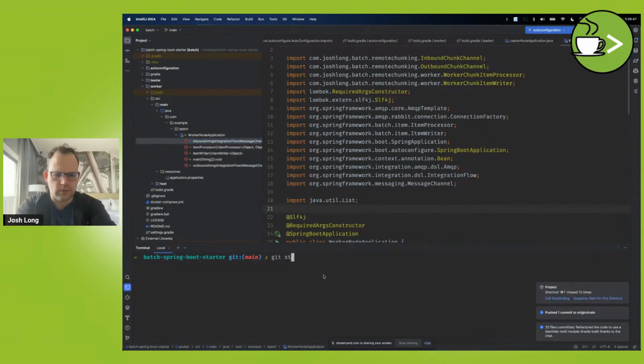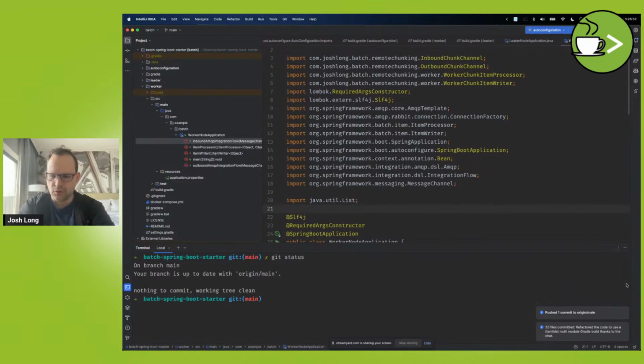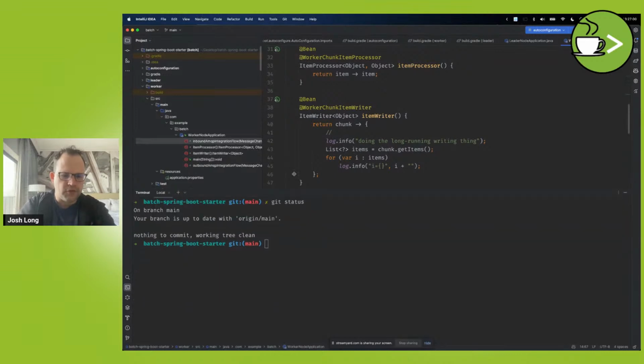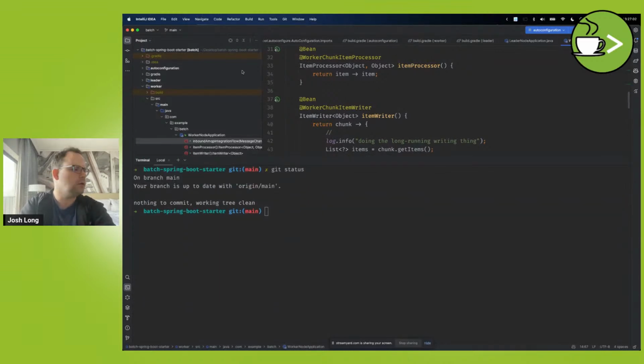Okay, so git status, everybody happy? All right, good. So everything has been saved to the cloud. So now we can make a mess and see if we can fix it. So okay, let's just try it. First of all, I want to just try running the different modules by themselves. So we'll start with the